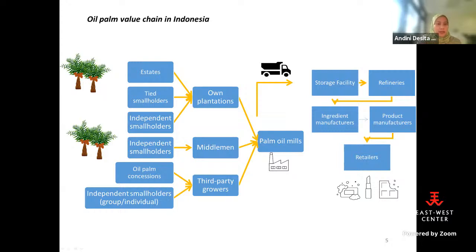Another barrier that is also interesting to look at when it comes to the effectiveness of a sustainability certification, looking at the oil palm value chain, is that oil palm producers are diverse, including companies. There are companies that may not be interested to participate in sustainability certification at all, especially if you look at the market of the oil palm, where